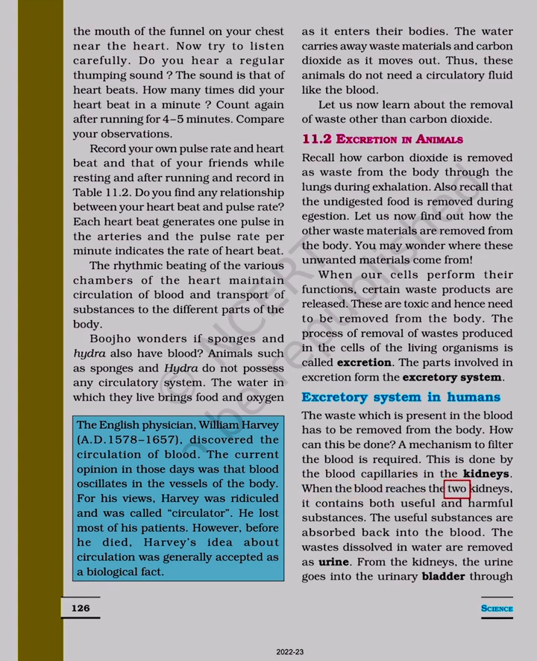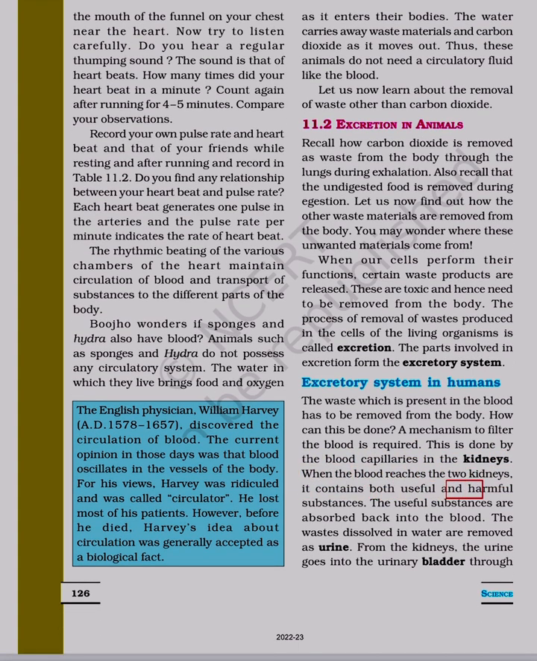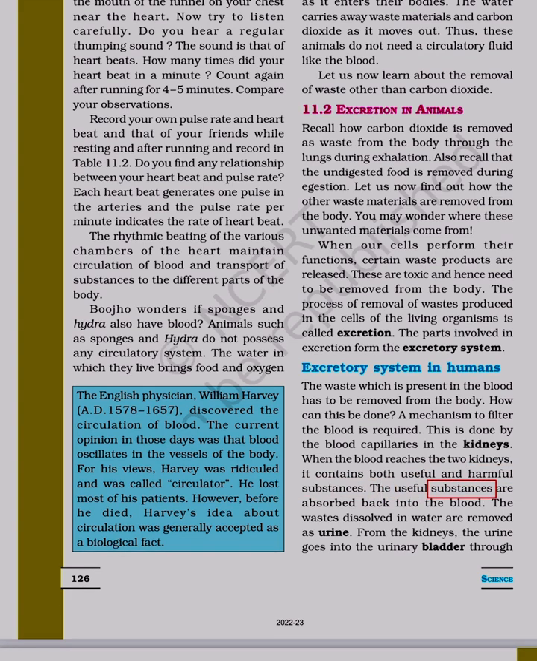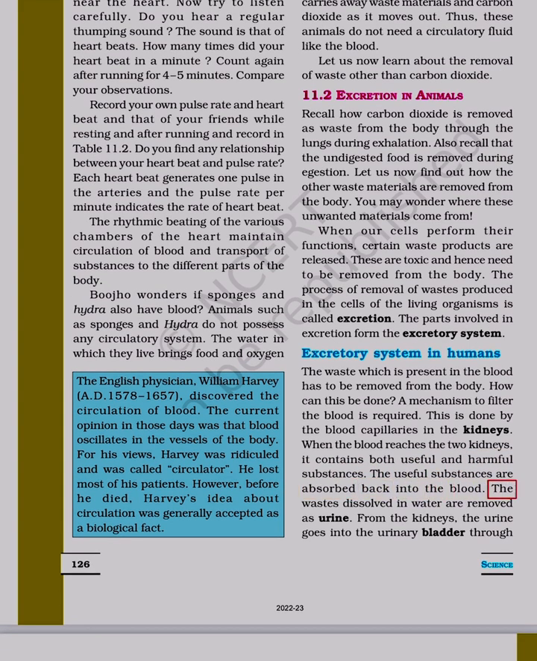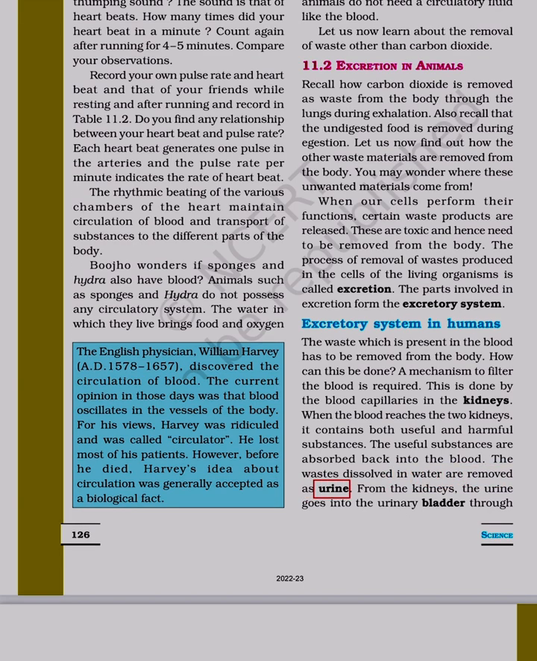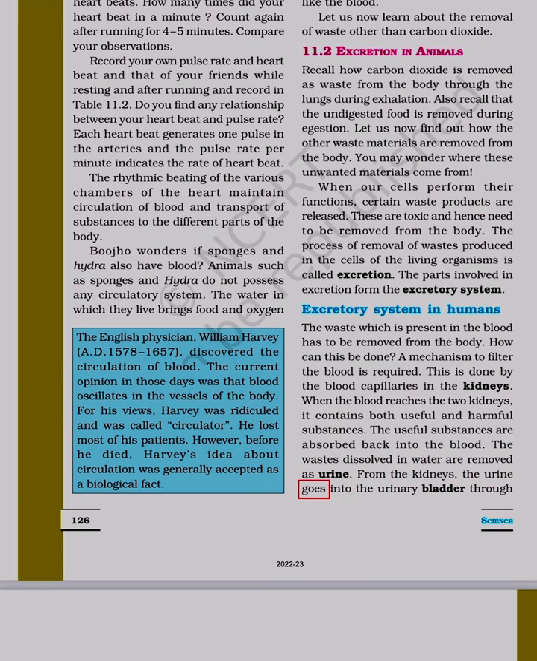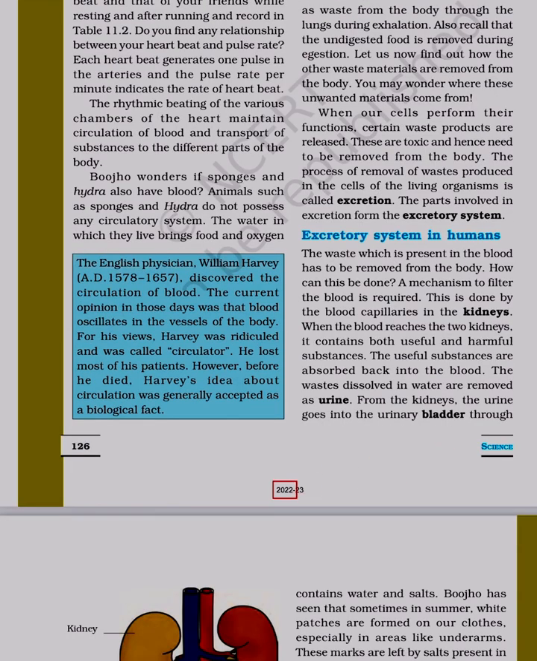When the blood reaches the two kidneys, it contains both useful and harmful substances. The useful substances are absorbed back into the blood. The wastes dissolved in water are removed as urine. From the kidneys, the urine goes into the urinary bladder through